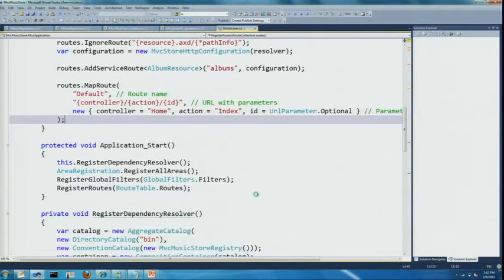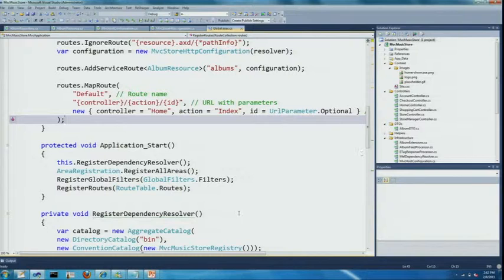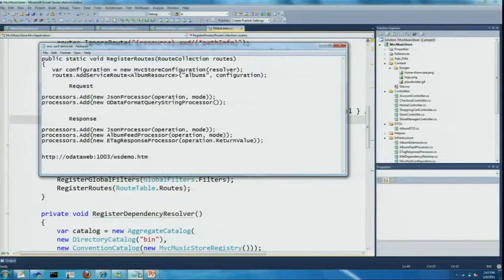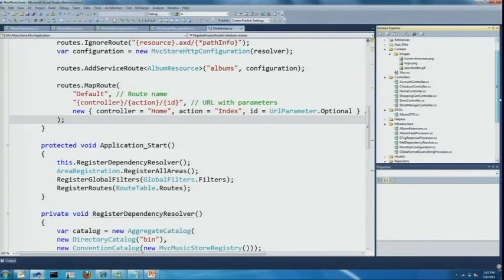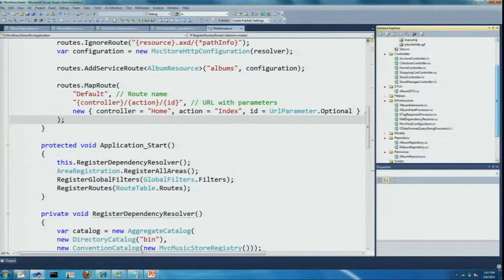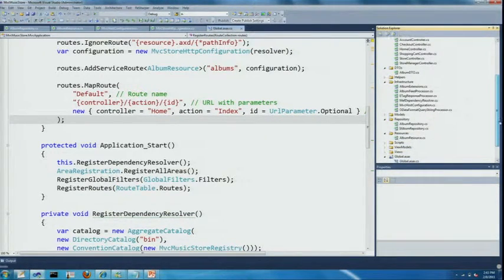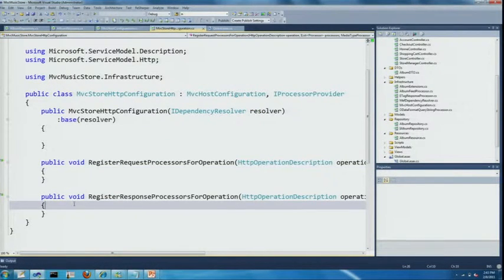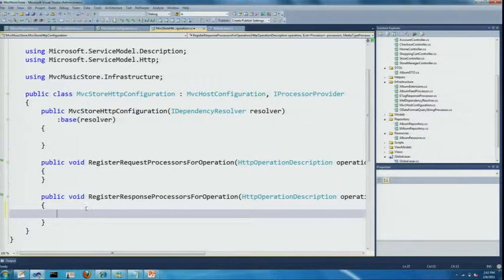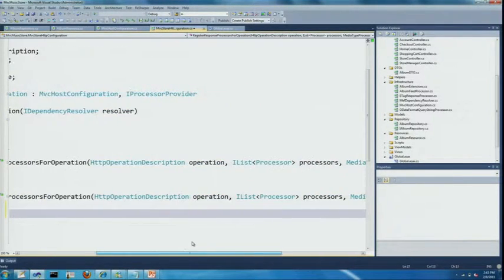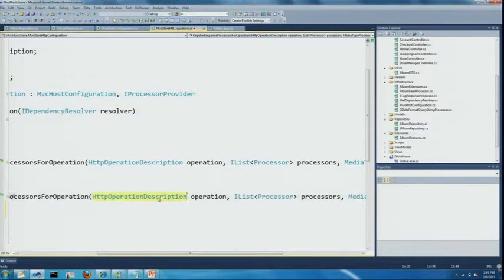Okay, so what we want to do, as I said, is we want to enable OData. So what I'm going to do is I'm going to register a processor. So I'm going to go to my configuration class. And on the response, and the way this works, which is pretty nice, this actually gets called for every single operation. So if all you do is just register some code here, it will automatically attach to all your different resource operations or service operations.